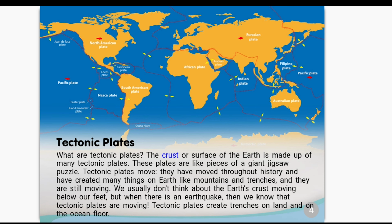Tectonic plates. What are tectonic plates? The crust or surface of the earth is made up of many tectonic plates. These plates are like pieces of a giant jigsaw puzzle. Tectonic plates move. They have moved throughout history and have created many things on Earth like mountains and trenches, and